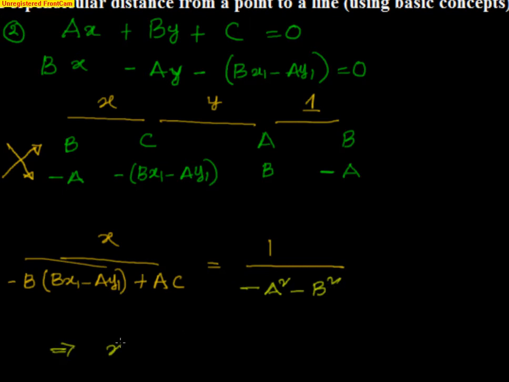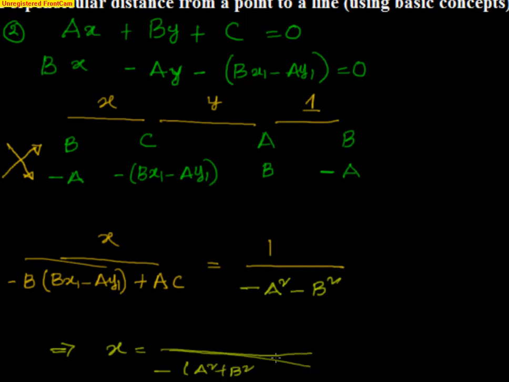This simplifies to x equal to, okay, minus b into b is b square x1 plus ab. Maybe I'll prefer to keep it as it is instead of simplifying it. Let us see what happens. We'll not do it right now. I'll just take the minus common out from there. I'll not make it complicated. So what does this become? Minus of a square plus b square.